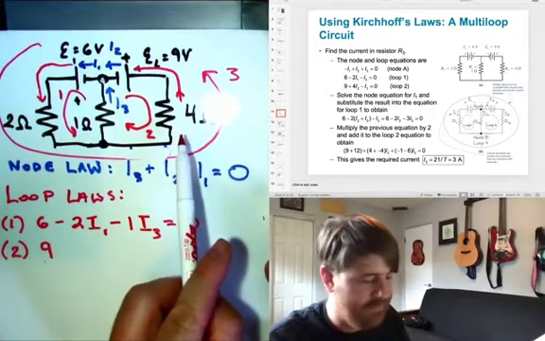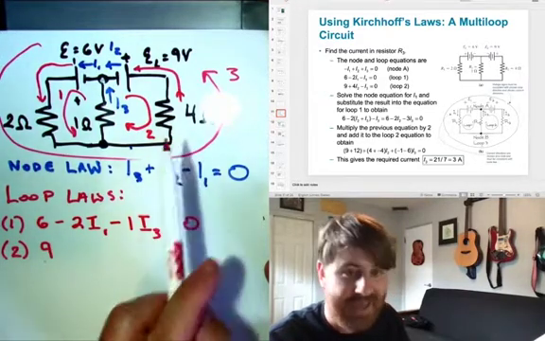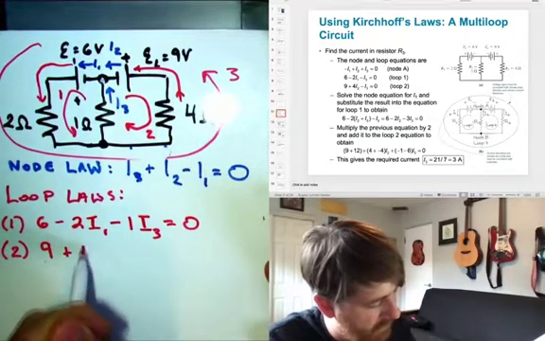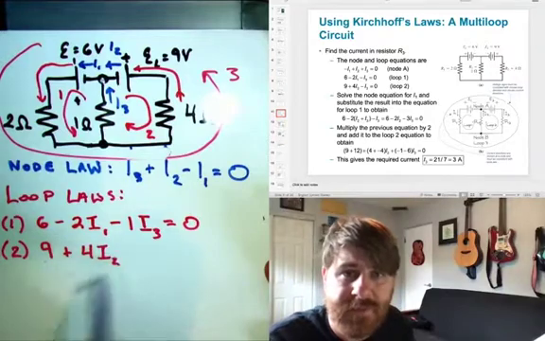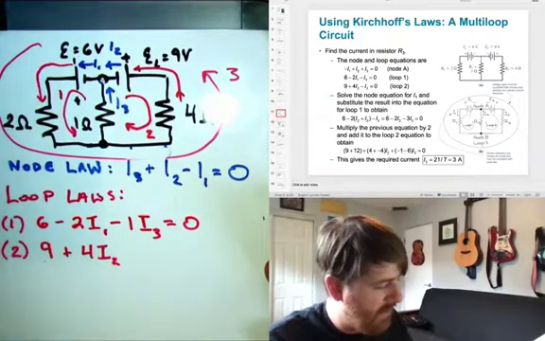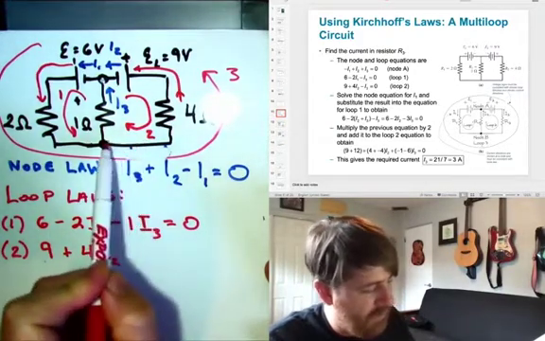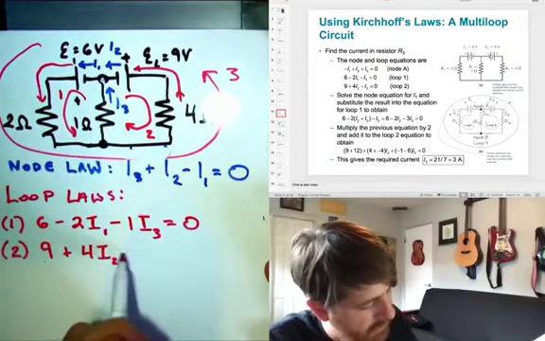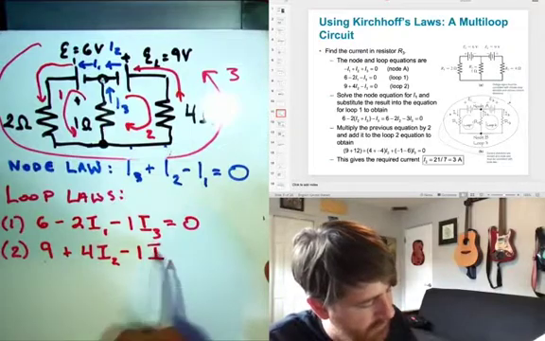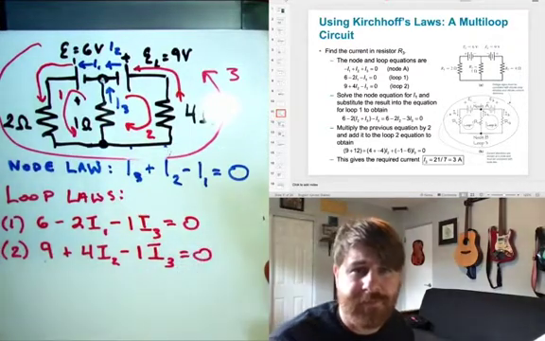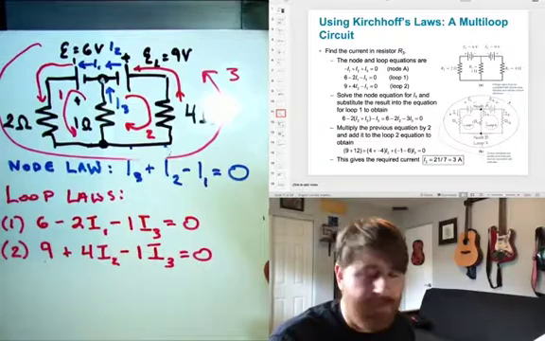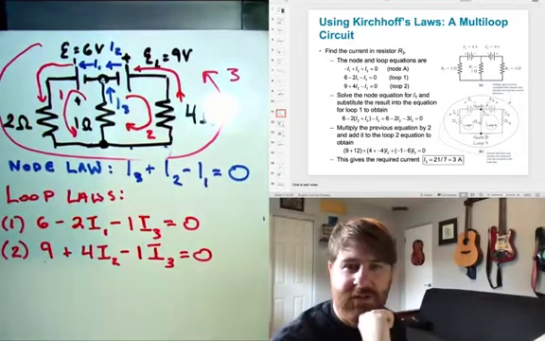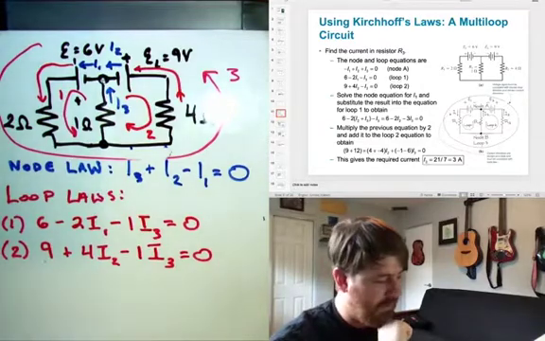That means that this is not a drop in potential. This is a gain in potential. So I'll have to say plus 4 I2. Okay? And then finally, I go this way, and I'm going with the current I3. So minus 1 I3 equals 0. Okay? If we solve the node equation for I1 and substitute the result into the equation for loop 1, this